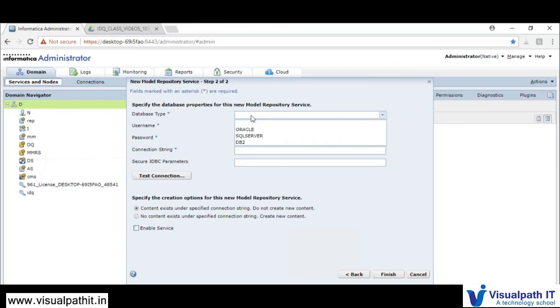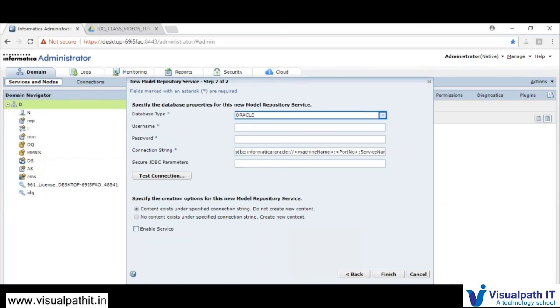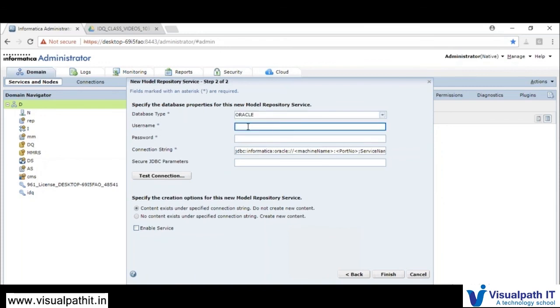The database type depends on the availability of the database connection you are maintaining. So we are selecting Oracle, and then you have to provide the username and password. The username and password would be your database username and password. So for now I'm just providing the same.